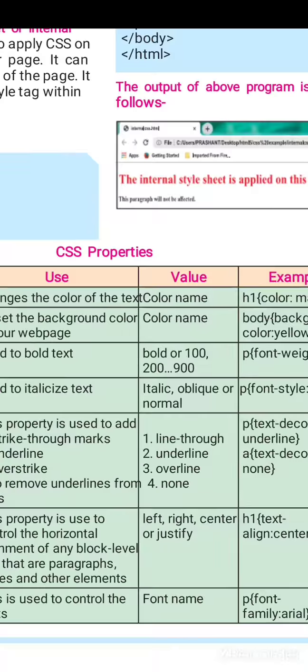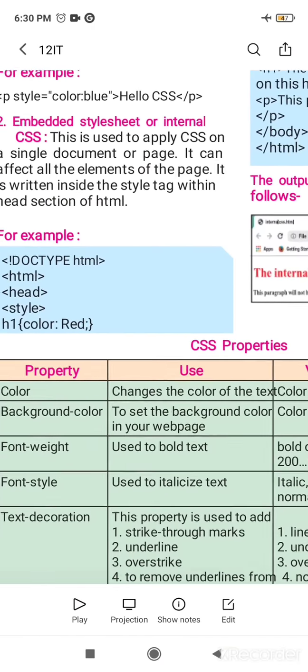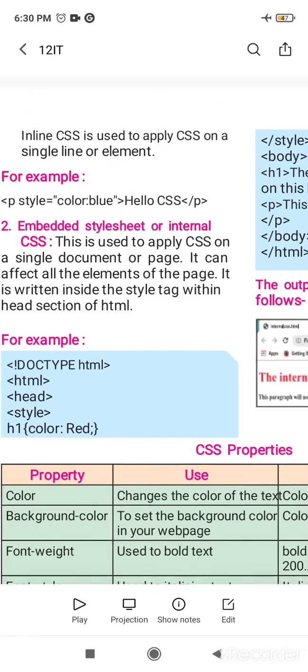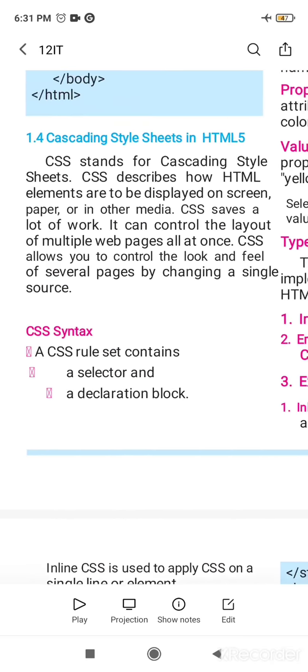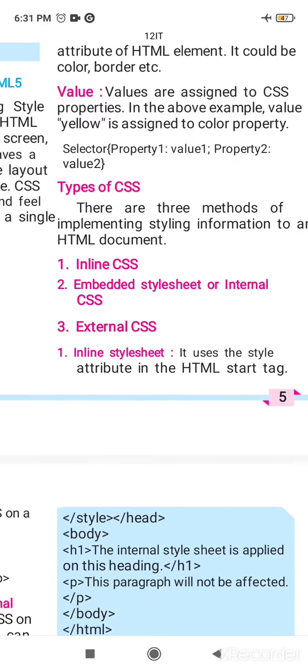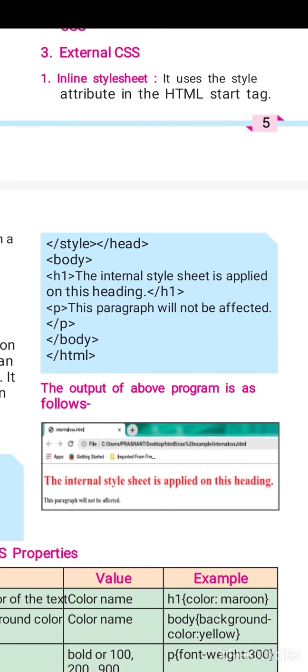So inline style sheet consists of effects through such a selector and properties with respective values. It is nothing but declaration and implementation at same line.